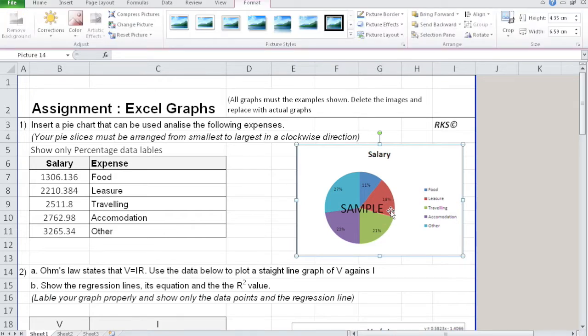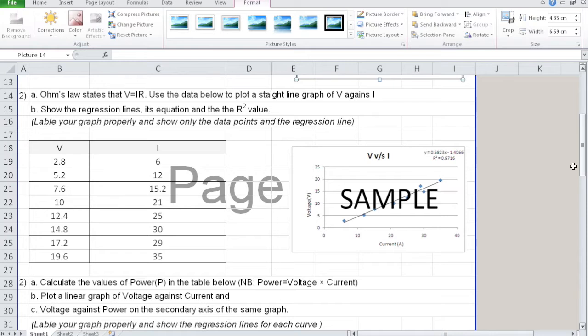So I've pasted the picture of a solution so that you can now give me a chart there, not a picture. You go to the bottom one. Again, you are given two things,